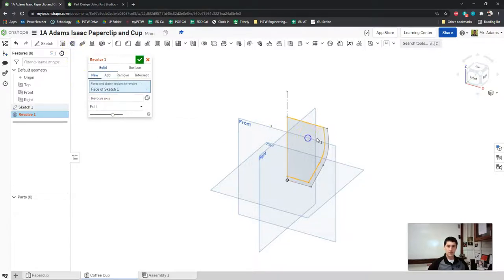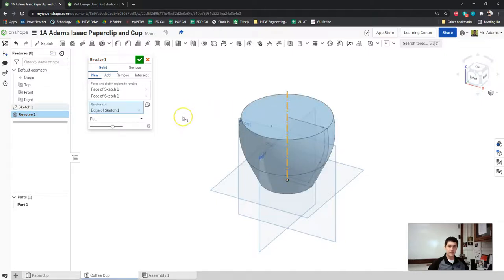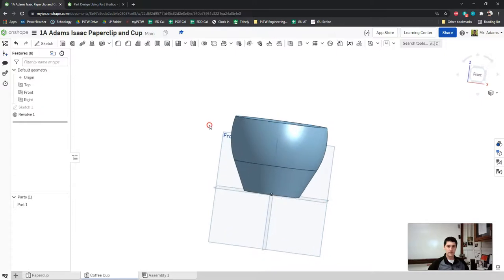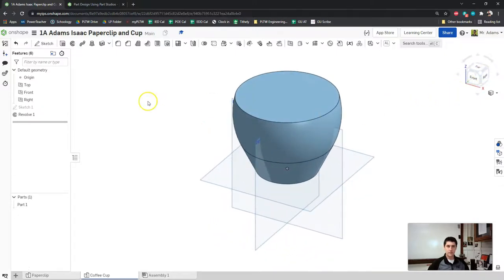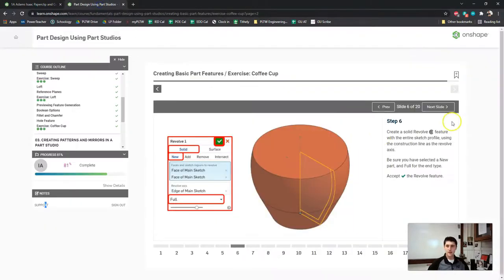I'm going to click on both parts of my sketch. Remember that you have to click the red box. So I'll click on revolve axis and then click on my construction line. Set to full, solid, and new. And I'll go ahead and finish the sketch. It's starting to look like a coffee cup, but there's nowhere to put the coffee, so we need to fix that. So the next step